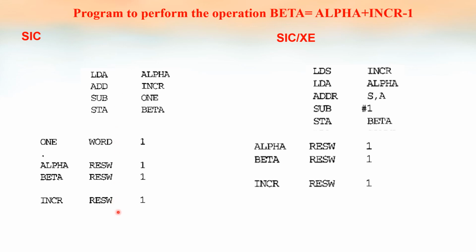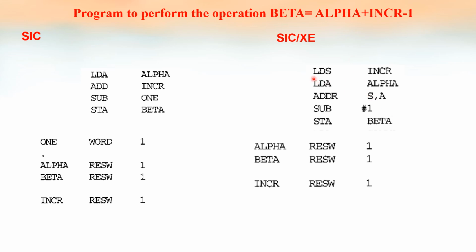The same program we can write using SIC/XE. While writing using SIC/XE, there are many differences. The program logic, everything is the same, but we need not declare constants in SIC/XE. Instead of constants, we can give direct values. Then again, we can use register to register instructions. Instead of ADD, we can use ADDR with 2 operand registers. And we can use additional registers like S and T, general purpose registers.